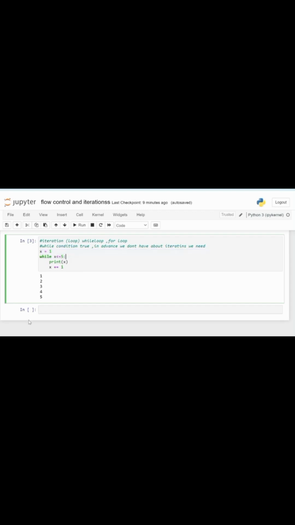Next we are talking about the for loop. Basically, a for loop is used to iterate over a sequence, and it will execute